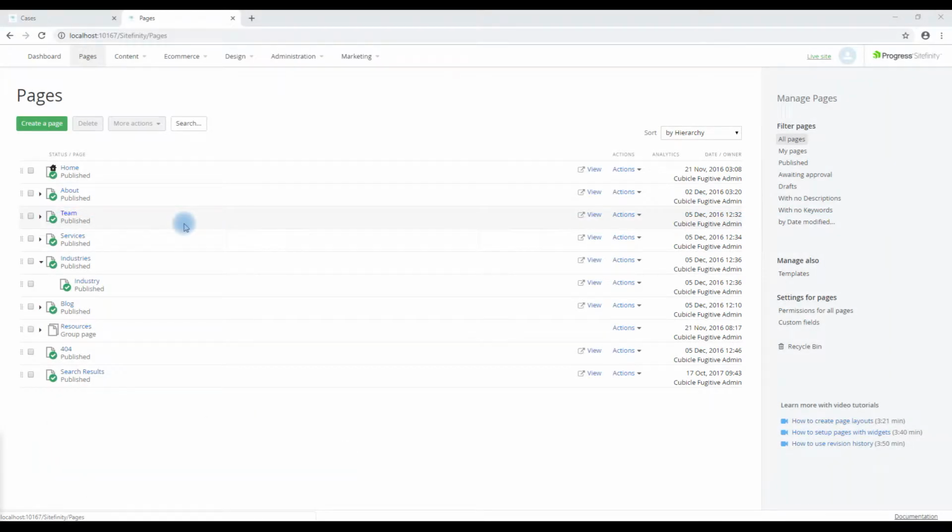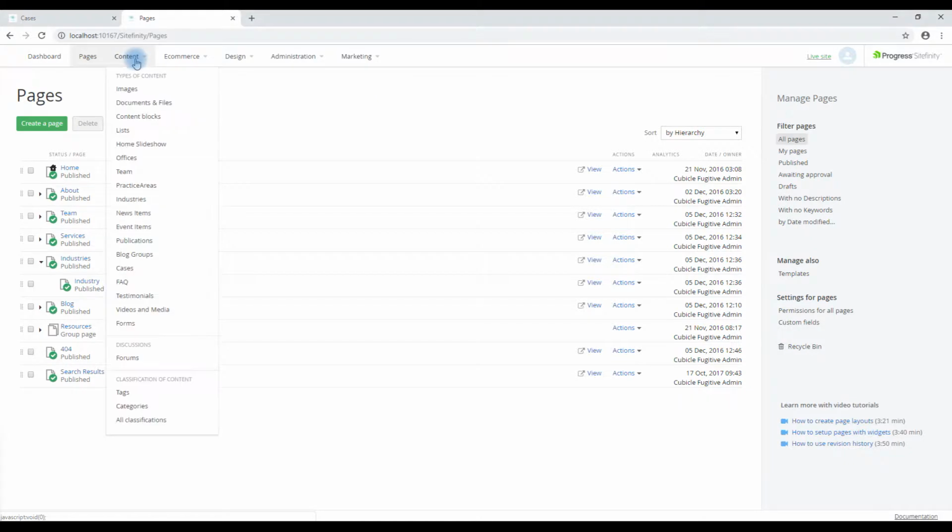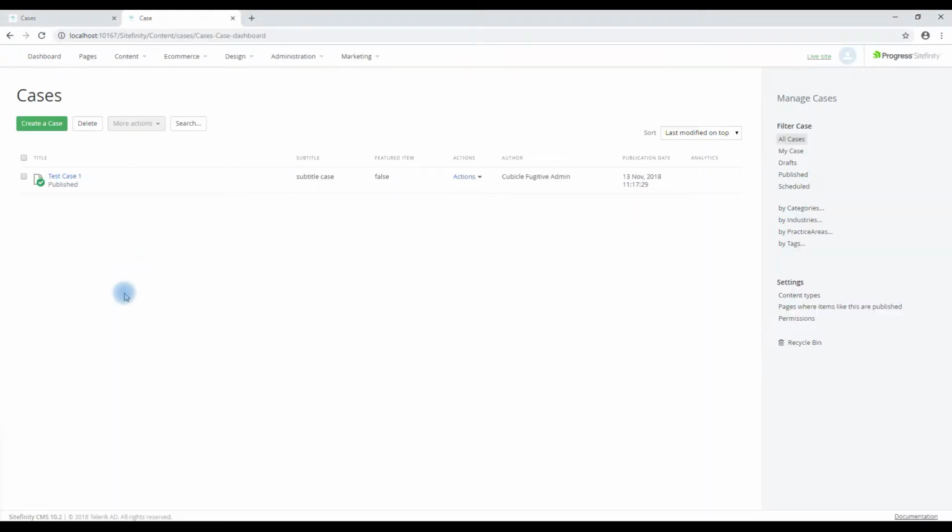To access the cases module, we go to Content, click on Cases. This will bring up a listing of all cases that are within the CMS. To create a new case, click on the Create a Case button. To edit an existing case, we click the title of the case. So we'll create a new case. This will bring up the input dialog box